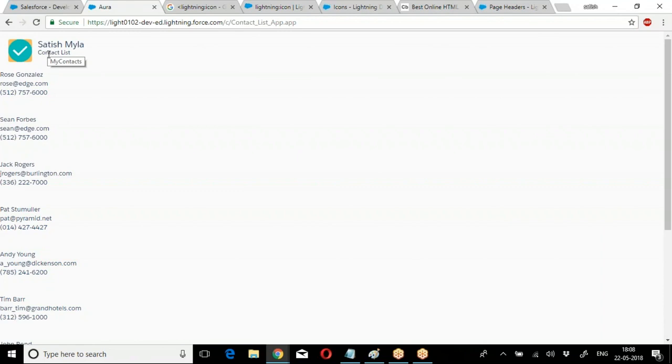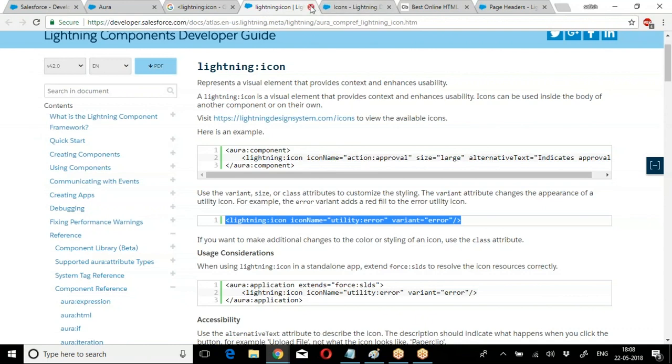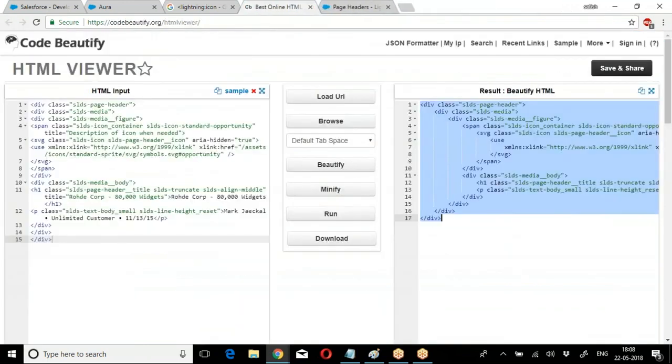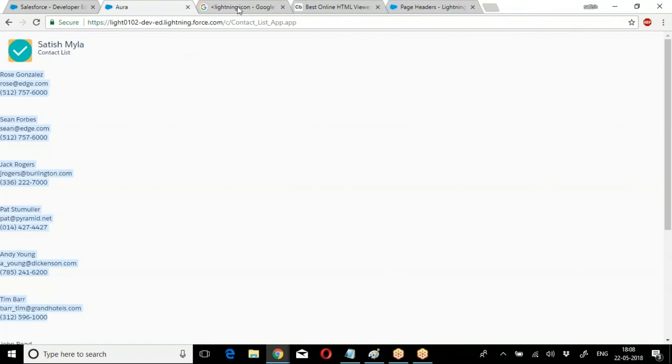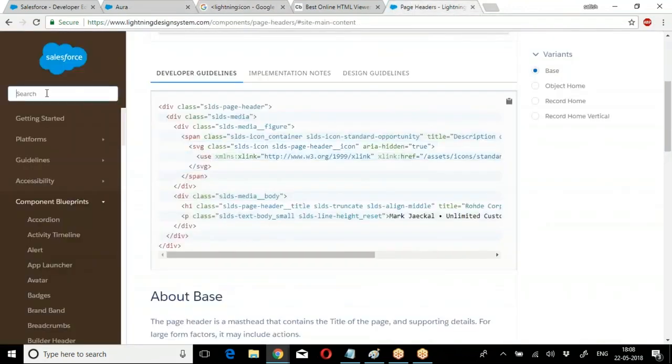So what did I do on the page? On the component, first what I have done? I have added my header. The next, I want this data to be displayed in the form of a table. Whatever the list of records we are getting, I want to display them like a table. Again, if you want to get a look and feel of lightning, you do not write code again. So what can I do? You can go to lightning design system. Here I want